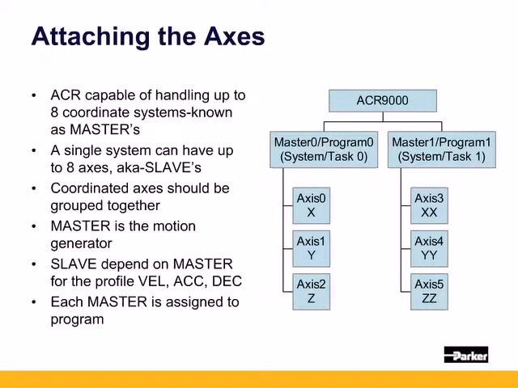The ACR9000 can have 8 axes of servos or steppers. With the Ethernet Powerlink, you may have up to 16 axes. This could be 8 axes of steppers and 8 EPL axes, or 2 axes of direct drive servos and 14 EPL axes. Each axis is a slave that is attached to a master. Note that the axis names, the aliases, are only recognized by that master. You can command motion from a different program, but would need to use the axis number and not the alias